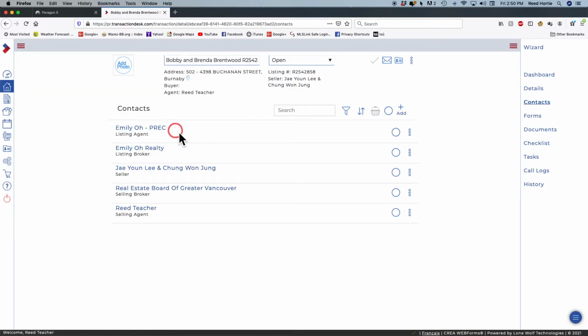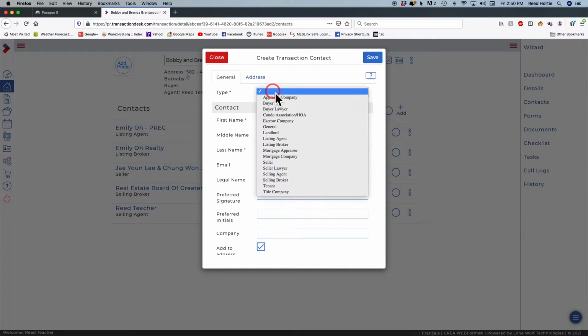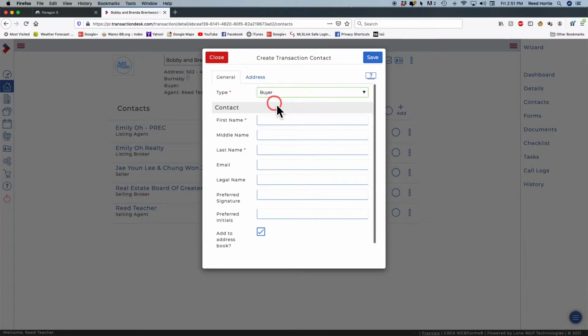So we've already got the listing agent, we've got the listing brokerage, we've got the sellers, we've got our brokerage, and we've got ourself. So those are already added by automatic processes, but we can add contacts. So we're going to create a new transaction contact, and it's important to put in the type because the type will tell the system where to insert the name on the contracts and forms. So we're going to say first name Bobby, last name buyer,